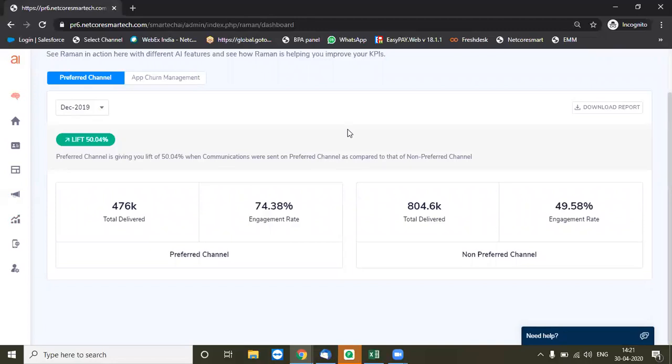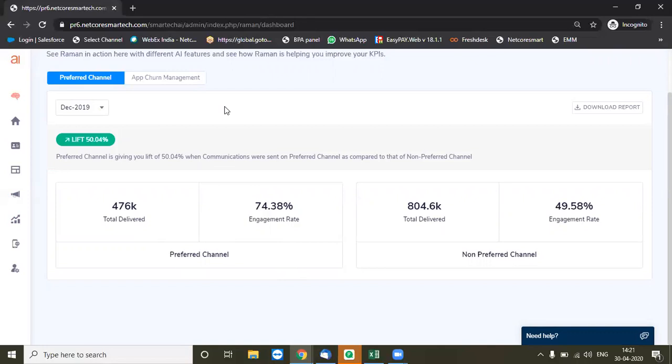So how much uplift they have given. For example, how much uplift preferred channel has given to you in comparison to the campaigns that you have done without using the preferred channel feature. So it's a clear-cut kind of suggestion it gives you whether to go for a particular feature or not. That's how transparent the reporting and the system is.